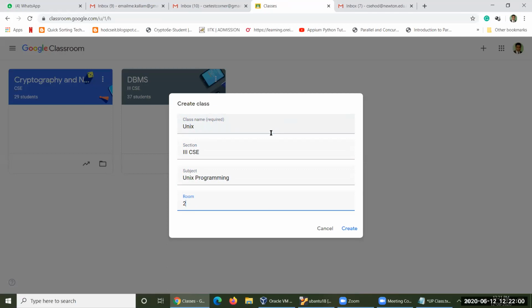I don't know what our number is, 211. Okay, your classroom number. Let me create this one. It will take 30 seconds to 40 seconds to create the classroom depending on the bandwidth of the internet.